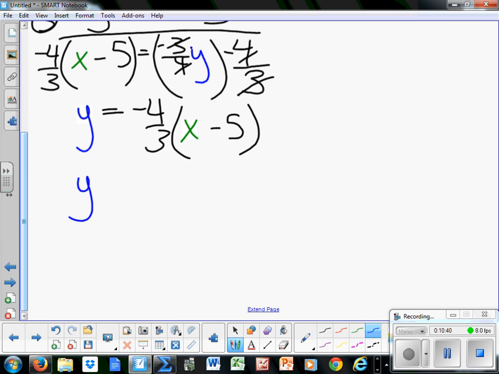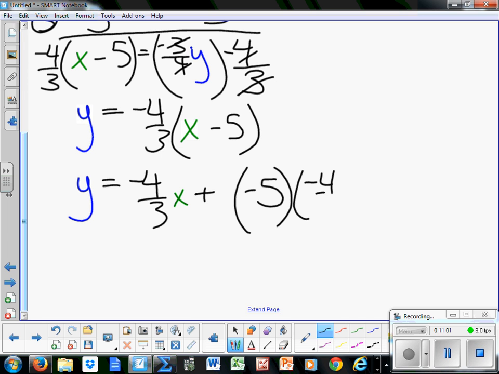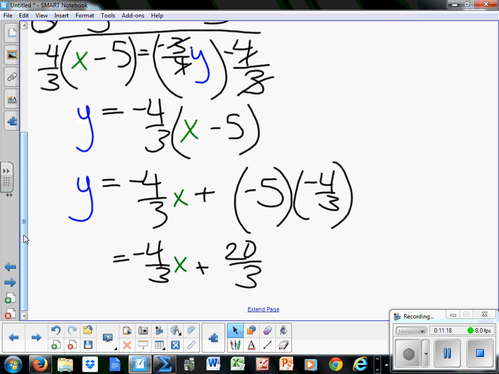We're going to have our y is equal to a -4/3 times x, and then also a -4/3 times -5. So then we have, I'm going to just add -5 times -4/3. Two negatives make a positive. So our final answer is going to be -4/3 x plus 20/3. Okay, and our final step that we need to do still,